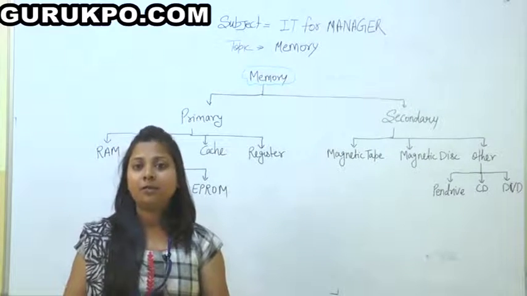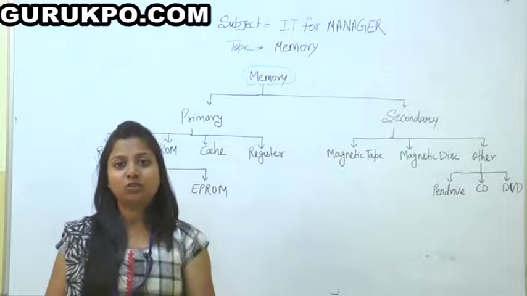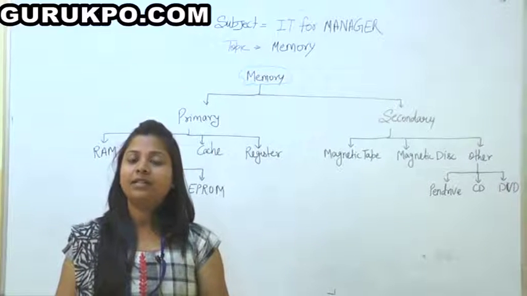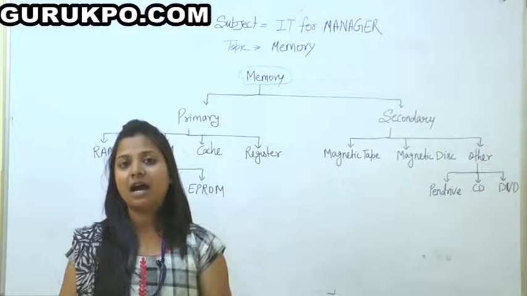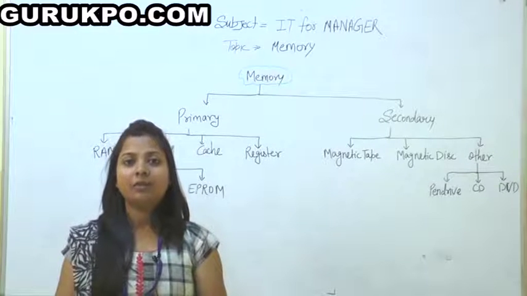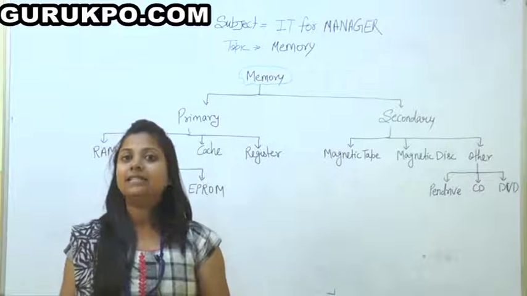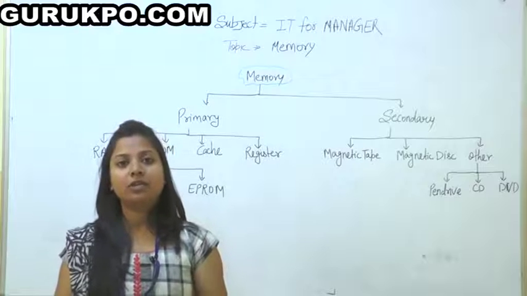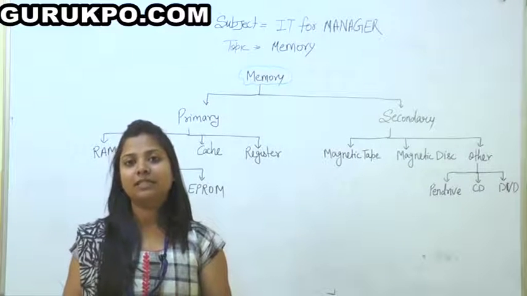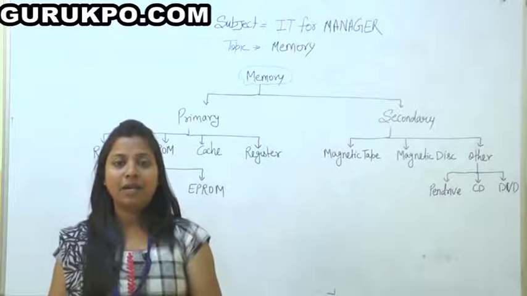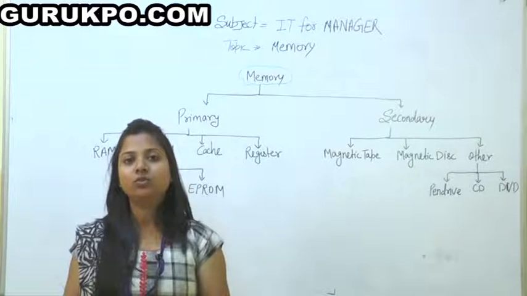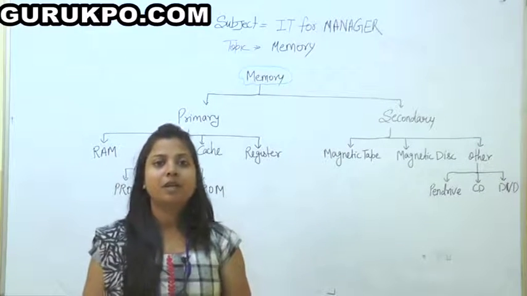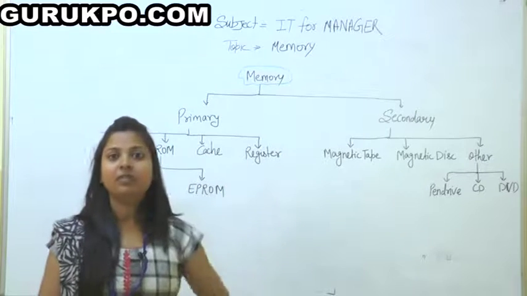A memory is an important part of a computer that will store data either on a temporary basis or a permanent basis. It can be a hardware device or software, but today I am going to discuss it as hardware because it is a device that connects to a computer. If we talk about software, then it will be purely based upon the internet. So a memory is a hardware device that is used to store data on a temporary or permanent basis in a computer.